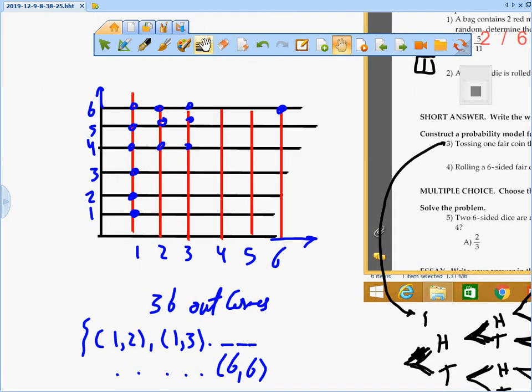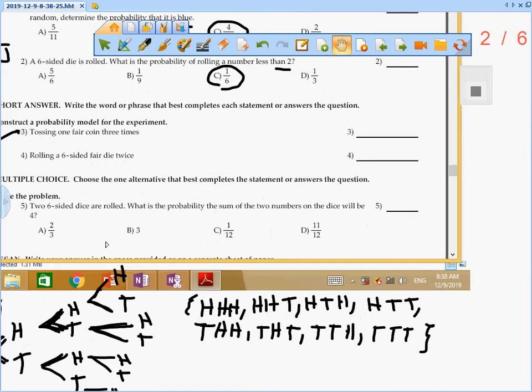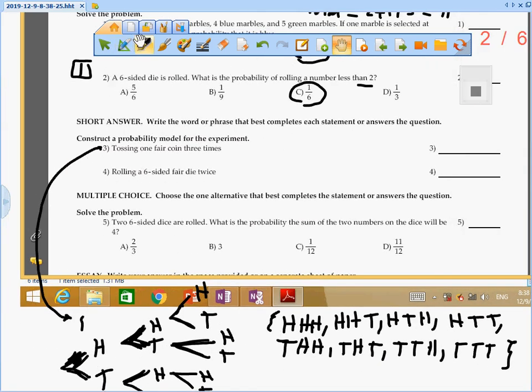What are the outcomes here that give me 4? 1 and 3, 2 and 2, 3 and 1. Anything else? So it's going to be 3 out of 36. By dividing up and down by 3, I think it's going to be 1 out of 12. So 3 out of 36, which is 1 out of